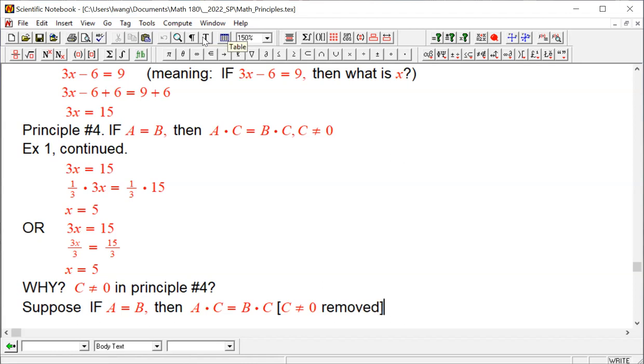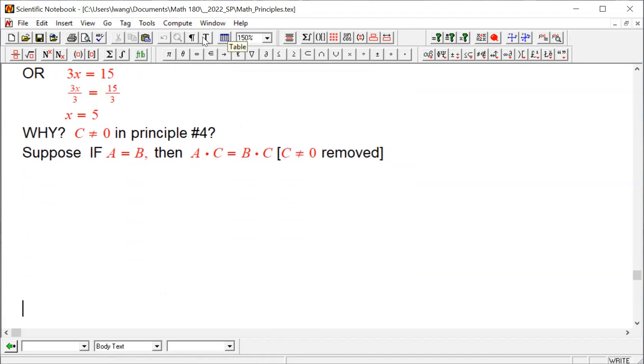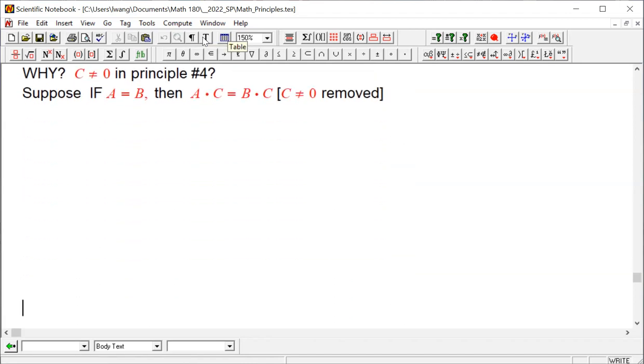What will happen? I'm going to show you, disaster will happen. Terrible things will happen. The entire mathematics as you know it